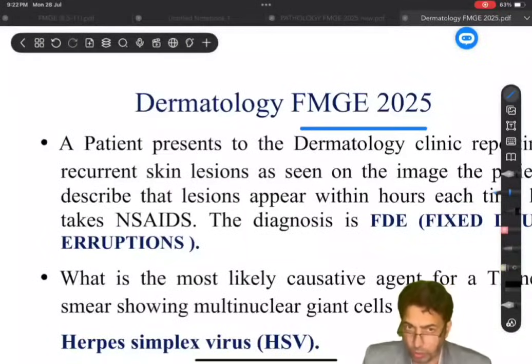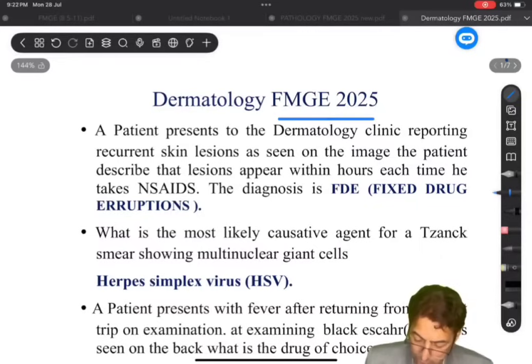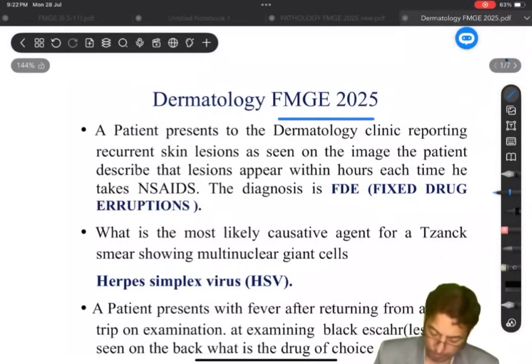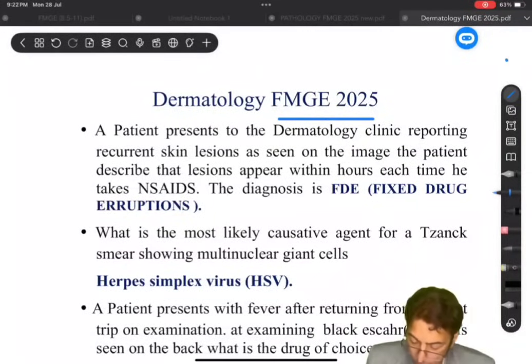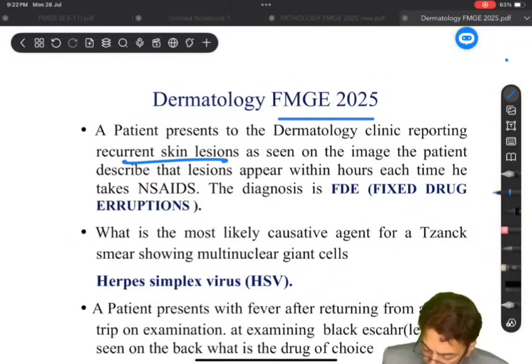Now we will be going through the dermatology questions asked in the recent FMGE examinations. So let's go straight away without wasting any further time. So the first question: a patient presented to the dermatology clinic reporting recurrent skin lesions as seen on the image,